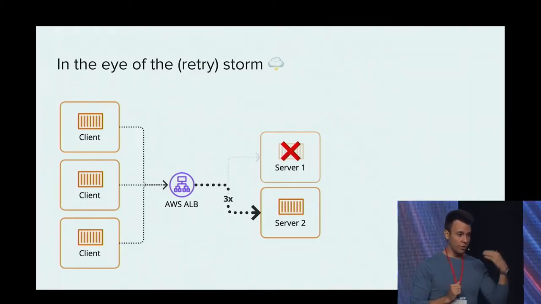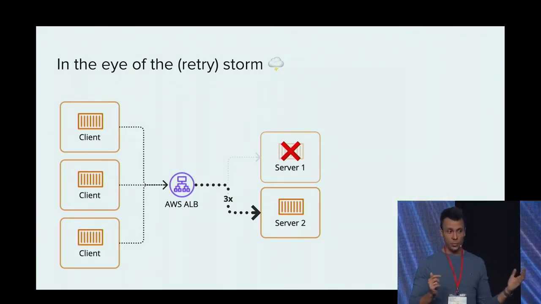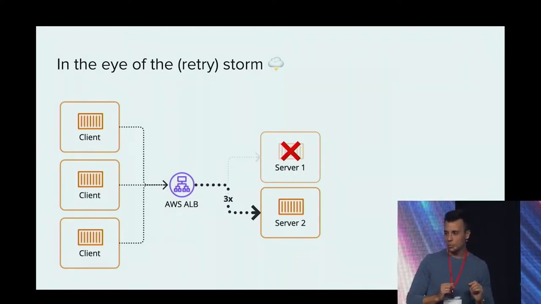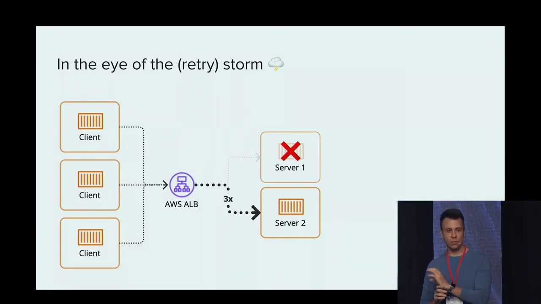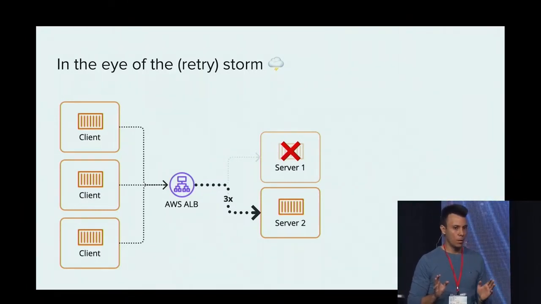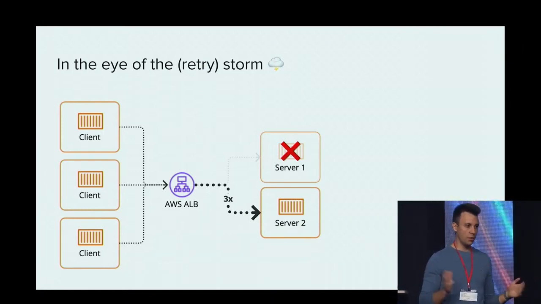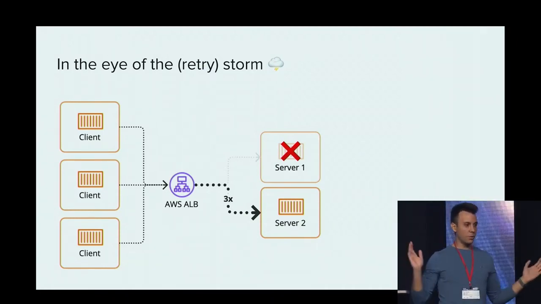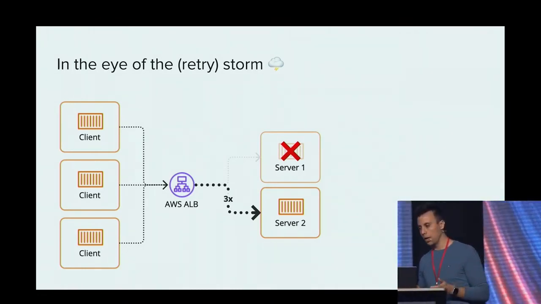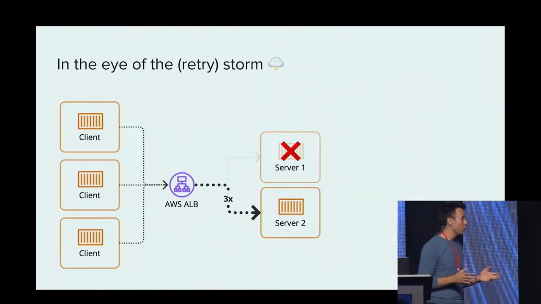However, in addition to that, all the failed requests, like 50% of the previous requests that were sent to server 1, they will be retried because we were smart and we said, okay, we have client retries. We're smart about it. So those 50% will be sent also to server 2, which means server 2 gets 3 times the normal traffic. And server 2 is having a hard time, unless you're super over-provisioned and the server has like 10% utilization usually. If you triple the traffic to a server, it will get rough, right? It might start to time out. It might even crash if you really overload it.